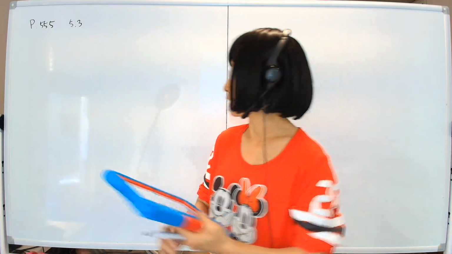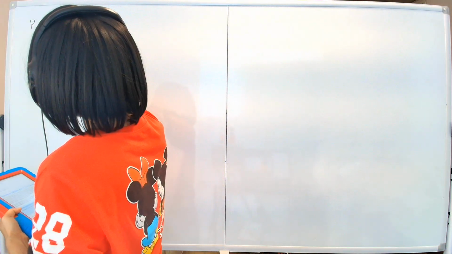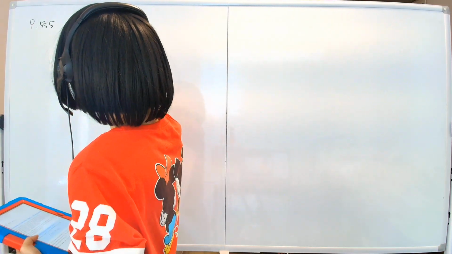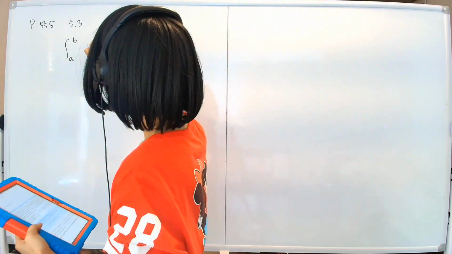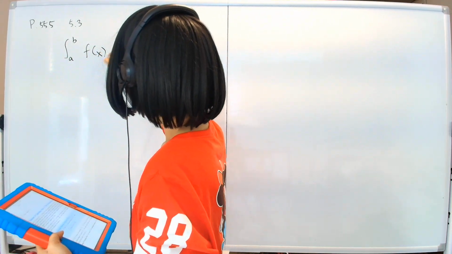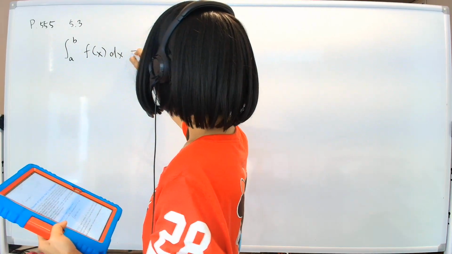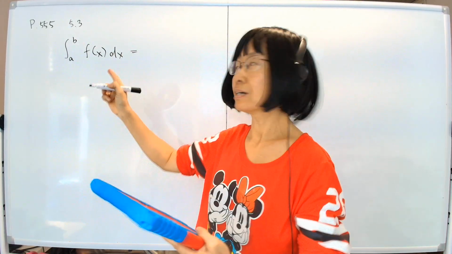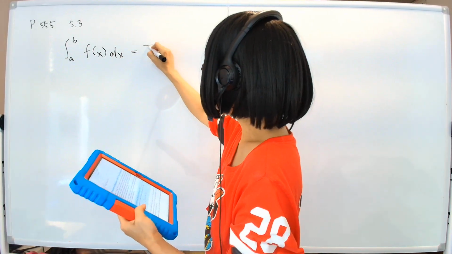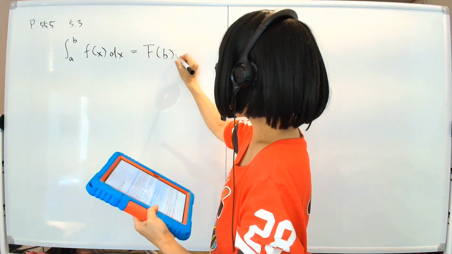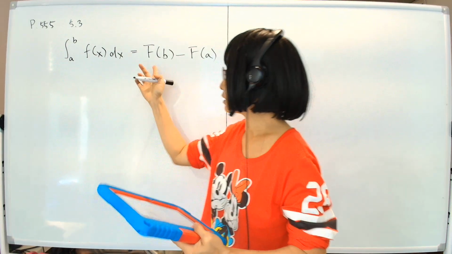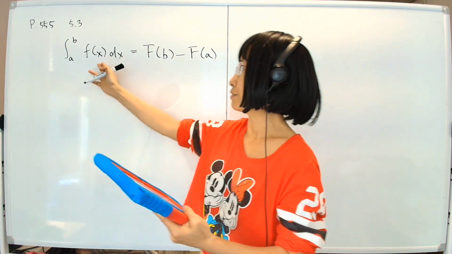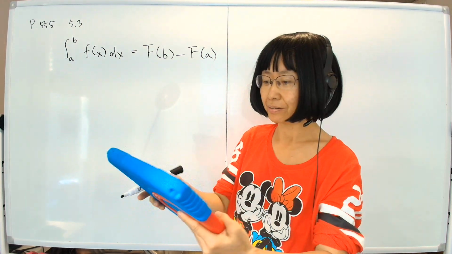Now let me write that down. The integral from a to b, that's the interval we are interested in, of small f dx, I mean, the integral of small f is equal to big F at b minus big F at a. Here big F is the antiderivative, any antiderivative. Okay, so